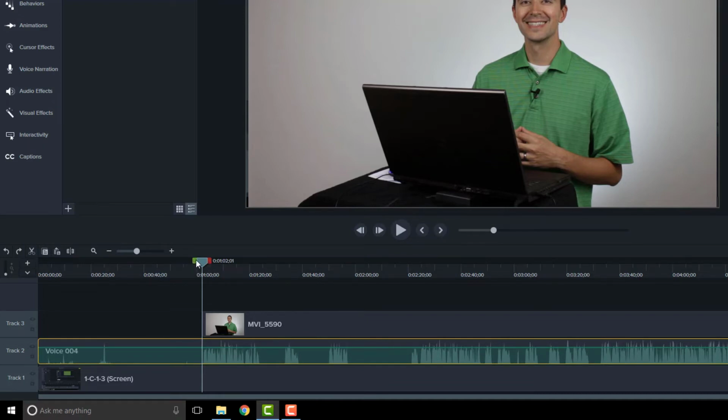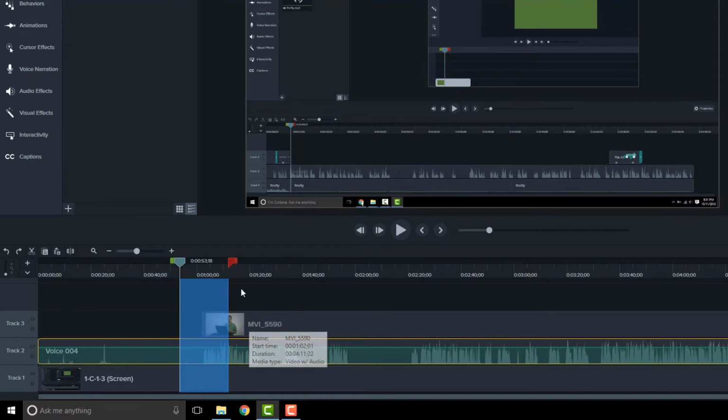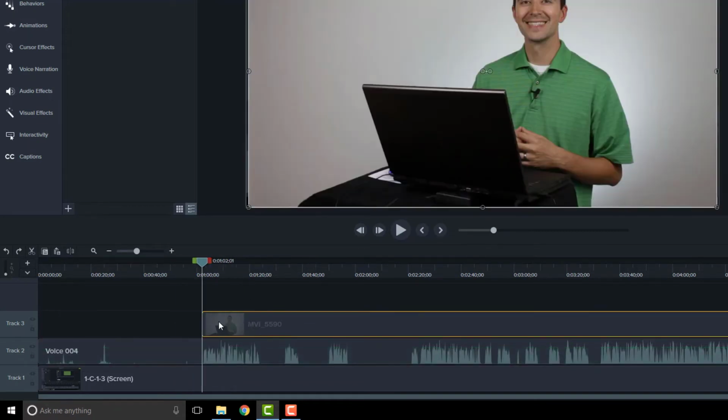Okay, so now I can use these handles on either side of the playhead. These you can grab. So watch me grab the green, and as I drag it to the left, it makes a selection here. And I can drag the red to the right, and that makes a selection also. Okay, now I don't need to do that. I'm just going to double click this track to go to the beginning. There's a little tip for you to go to the beginning of that track.